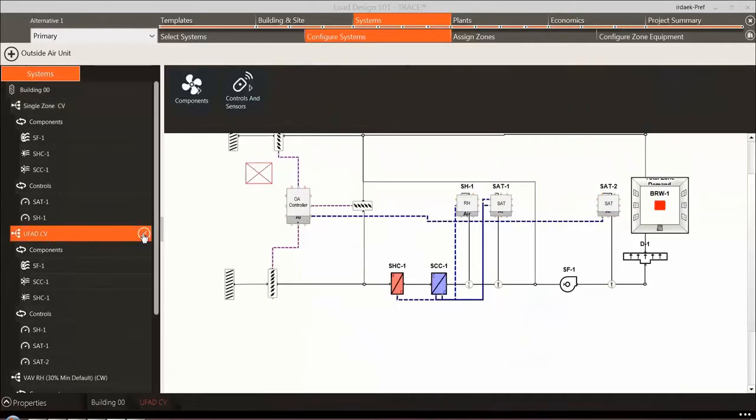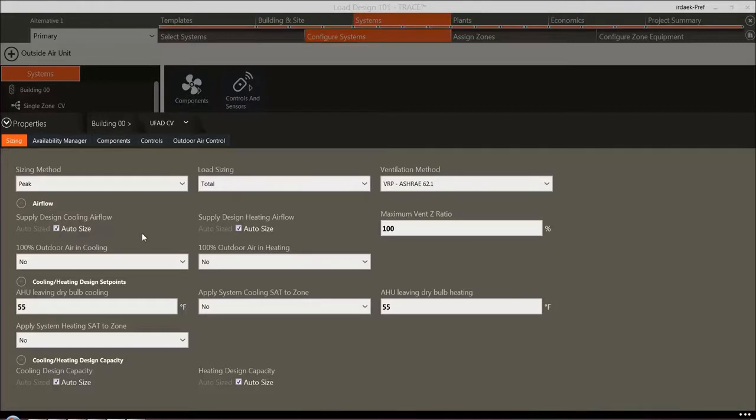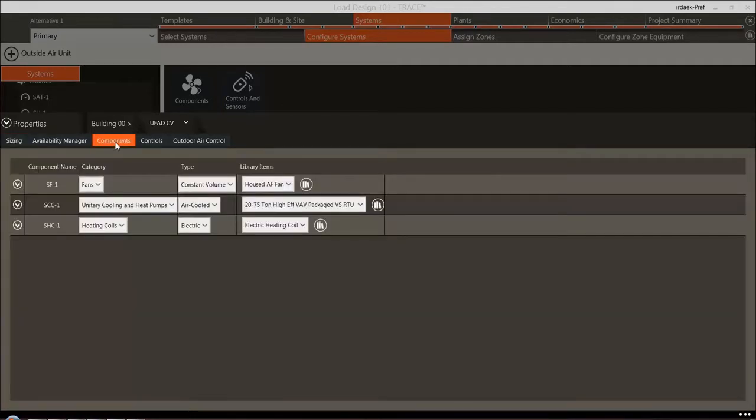Let's take a look at the properties for the UFAD system. Notice the 5 tabs at the top of the Properties screen, which contain a number of specific parameters. For example, system sizing information, like the sizing method and the cooling and heating supply air dry bulb, are entered on the Sizing tab. On the Components tab, you can choose which equipment libraries to use for each component in